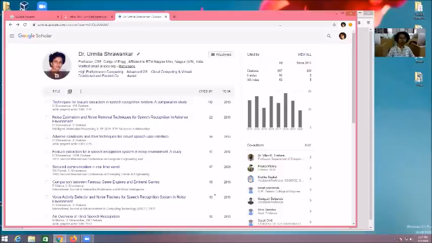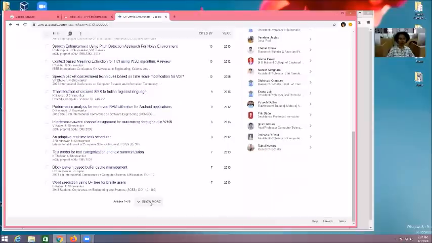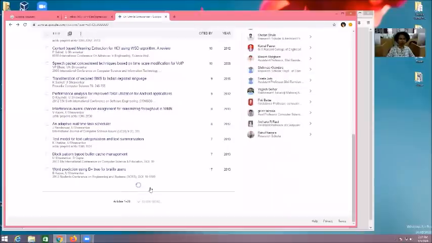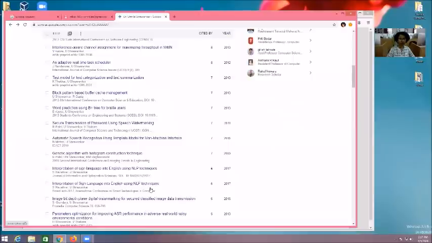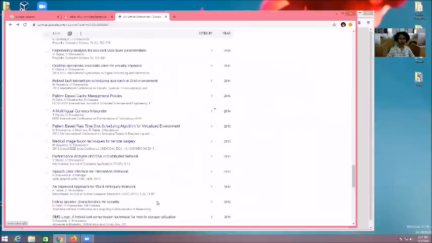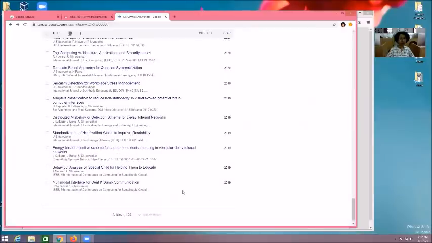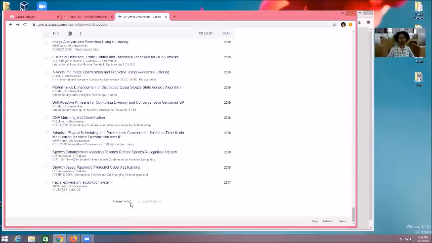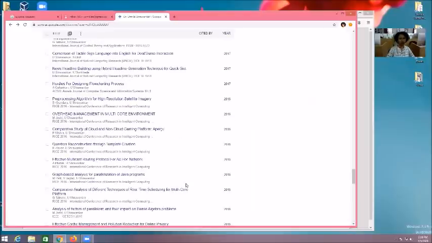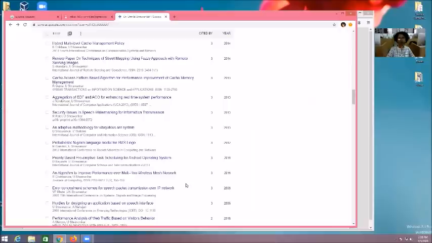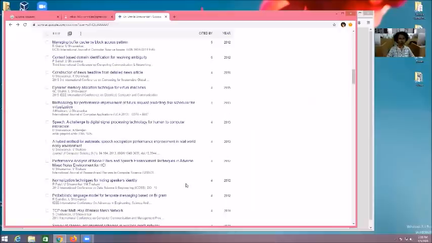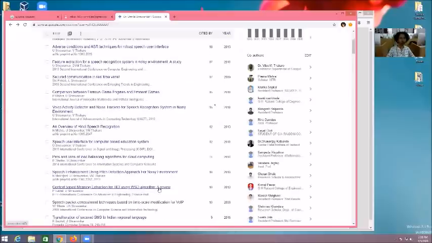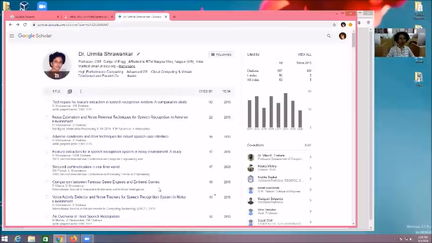Now here you can see all the papers are available in my profile. You can check how many papers you have. Yes, you can view and you can check. Yes, I have 157 papers. These are included by Google Scholar, meaning all papers are indexed by Google Scholar. Okay, 157 papers. Google has searched according to my name.